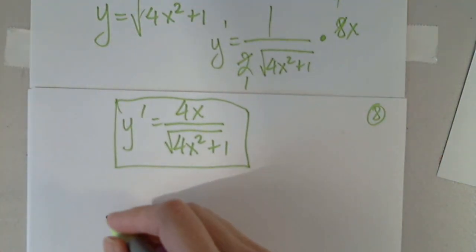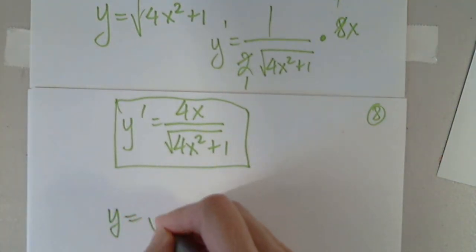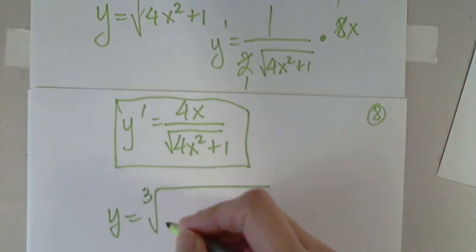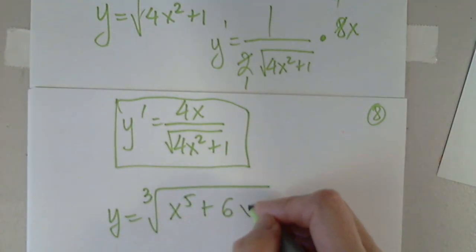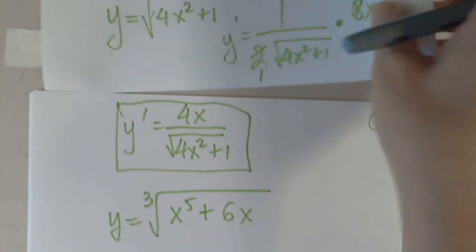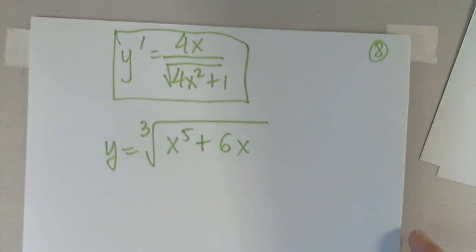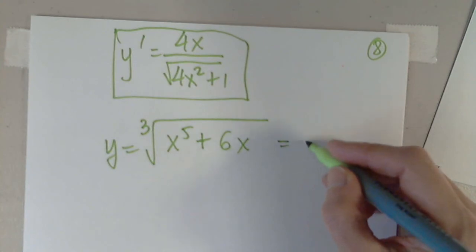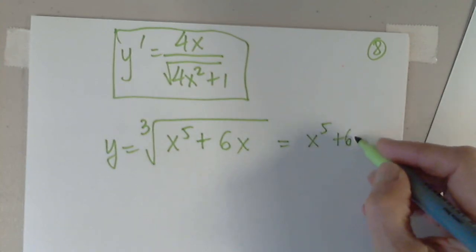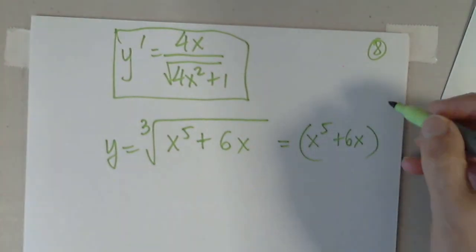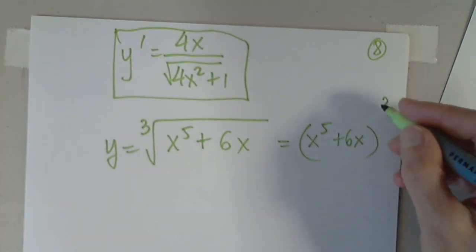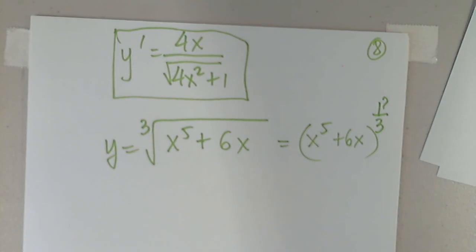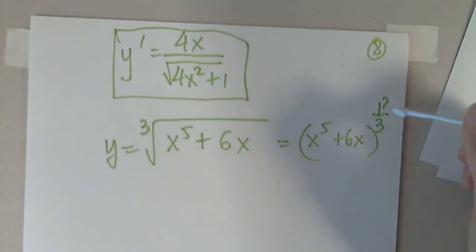What about a more complicated one? So we have y equals the cube root of x to the fifth plus 6x. I don't have a direct rule for this, so of course I'm going to change it into x to the fifth plus 6x. To which power? 1 over 3. Excellent. Thank you very much. Is indeed 1 over 3. Perfect. So from here on, I'm applying the power rule